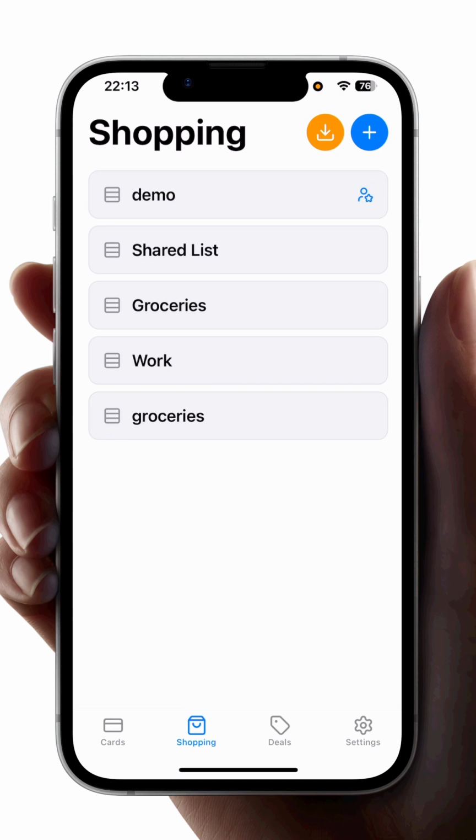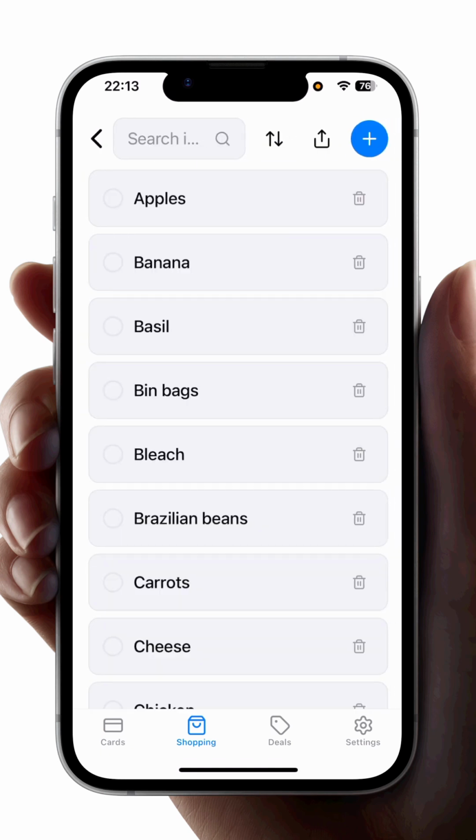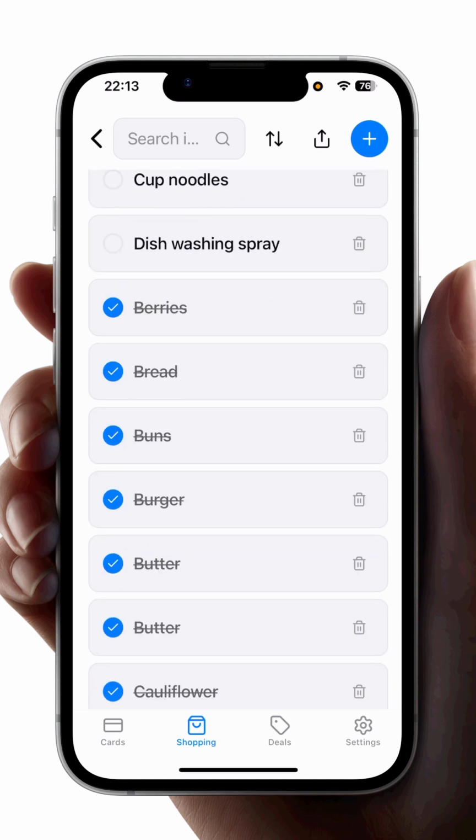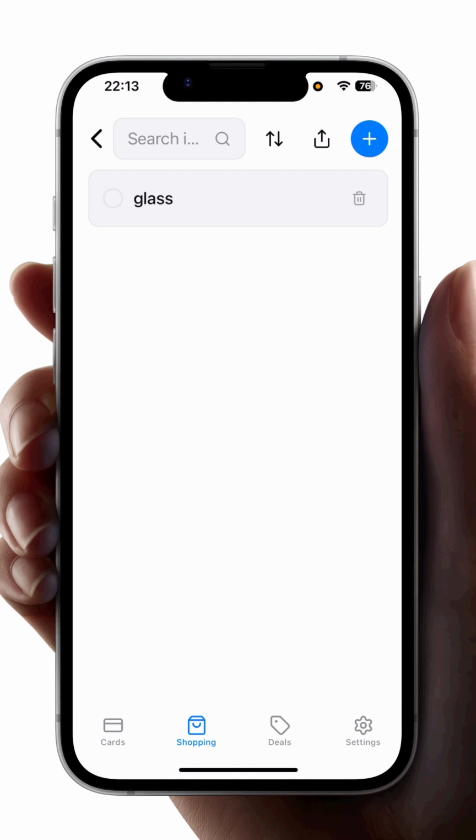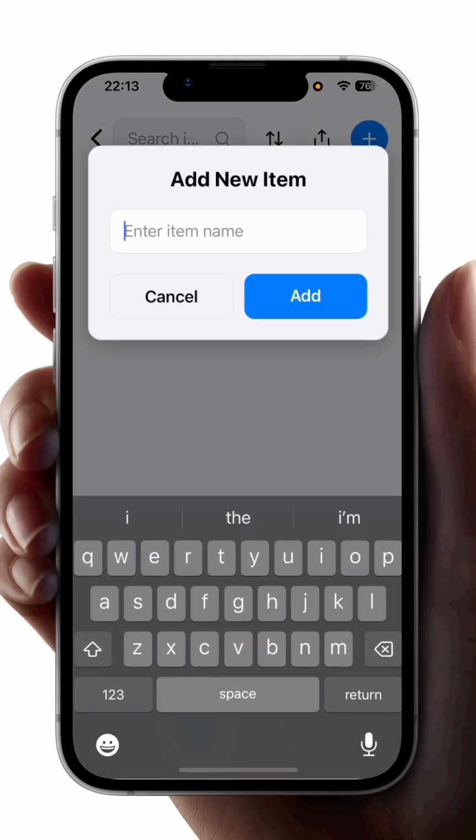Once you have added it, if you have created the list, you will have this icon on the right of the list which says that you are the admin of this list, whereas other lists are ones you have imported or somebody has shared with you. For example, this is the groceries list I shared with my partner, and this is here, right? So let's say I go to the list I have created. Now I'm going to add some items in it, clicking on the plus sign, bread,